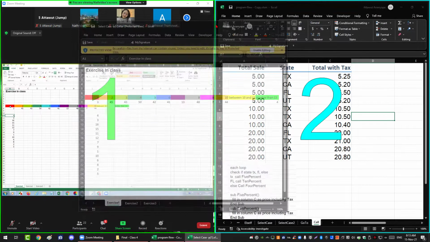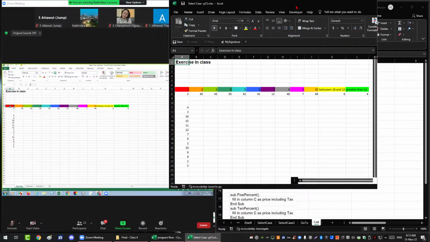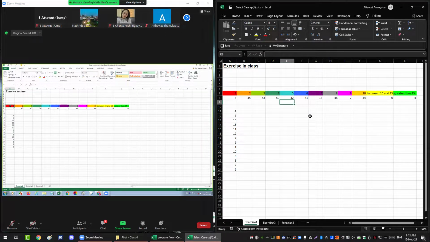I would like you to have a red color. Okay, so the red color is expected to be here. If it is 2, I want the orange. So I expect to see orange somewhere here. If it is 3 and 4, I would like to see light green and dark green. If it is 5, I want to see